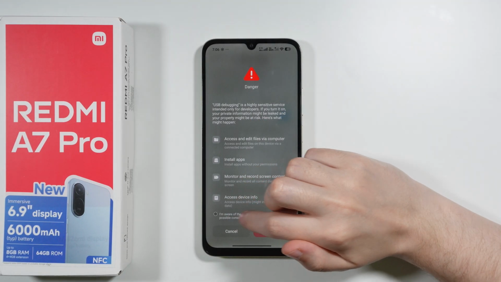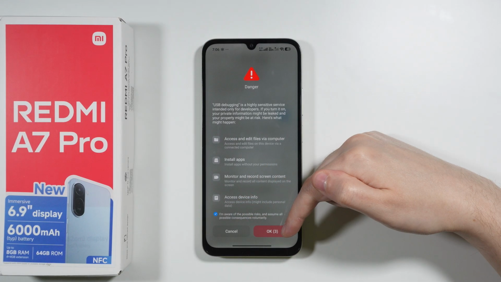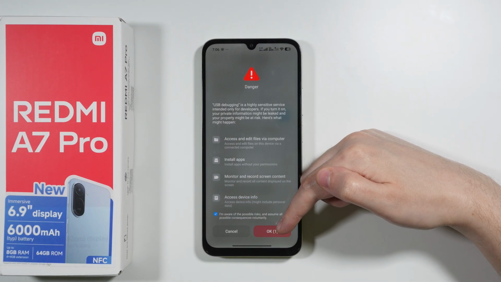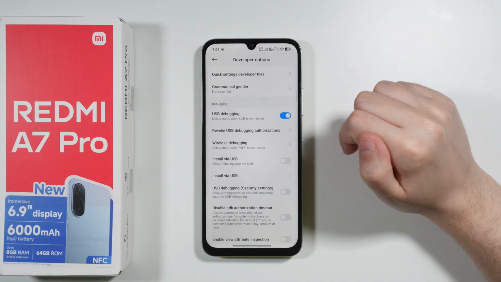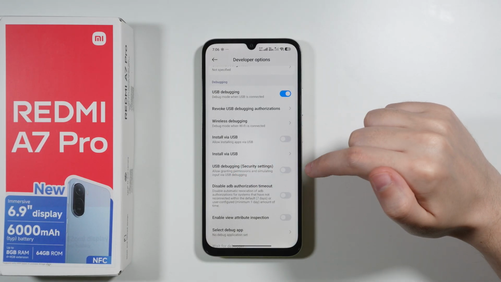You need to select that you are aware of possible risks. Tap on this circle over here. And then after 10 seconds, you can tap on this OK button. And there we go. Besides that, we can also find USB debugging with security settings, which you can also enable